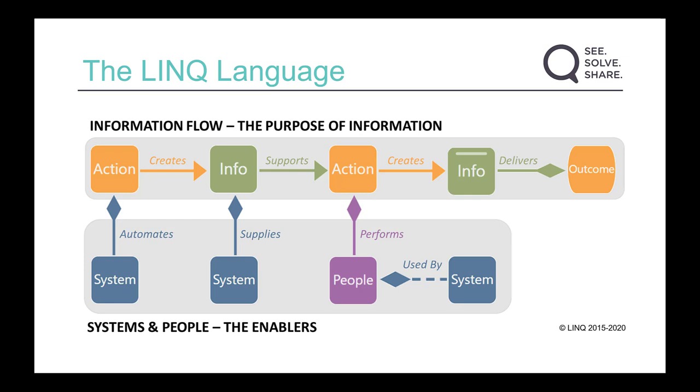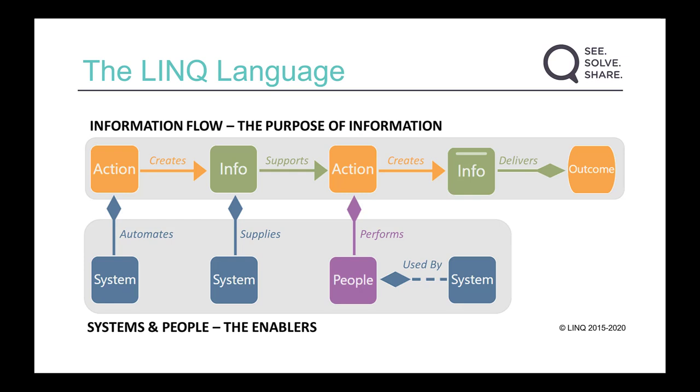Just think about your own organisation and the types of content that you access on a daily basis that allows you to do the work that you need to do. And when you've done your work, think about the content that you have created. It might be the customer account that we're creating, which gives us a 360-degree view of our customer, but also allows that customer account to be used in other parts of the organisation. So this is the information flow part of our business, a series of actions and information that ultimately create information assets that allow us to deliver a business outcome.